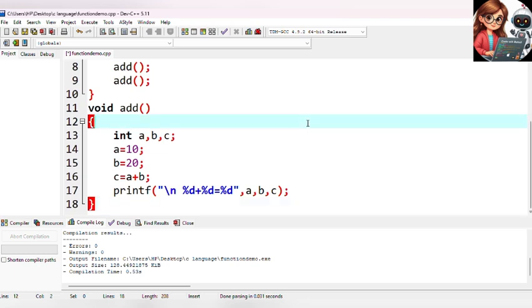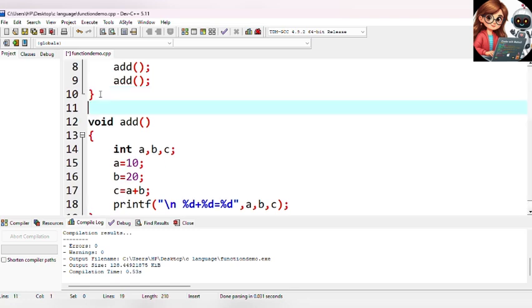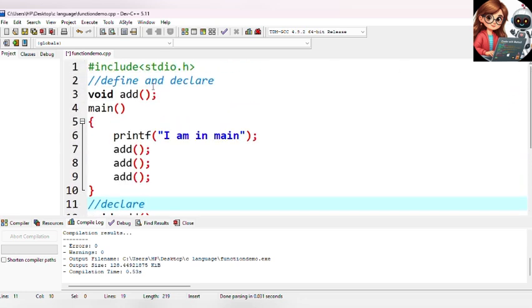Okay, so now the thing is we are declaring the function below the calling block. Okay, so this is basically the calling block, and remember to put here, now here you are just defining, we are not declaring.